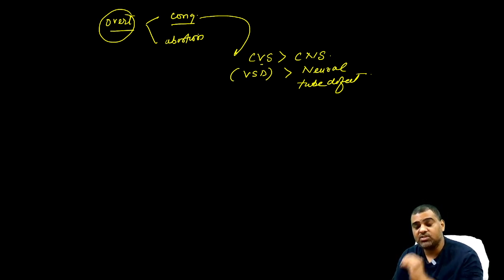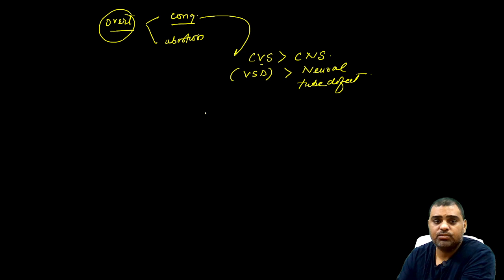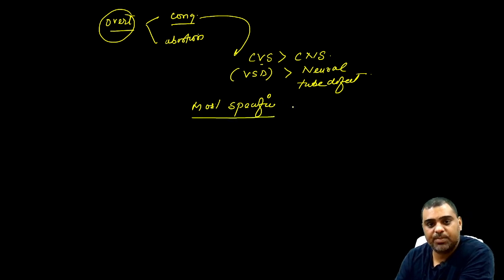agenesis. But if they ask you which is the most specific CVS malformation, then your answer will be transposition of the great arteries. Understand? Okay, so if they ask you most specific overall, then that is CRS, that is caudal regression syndrome,